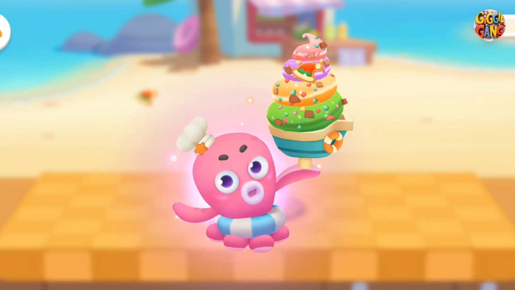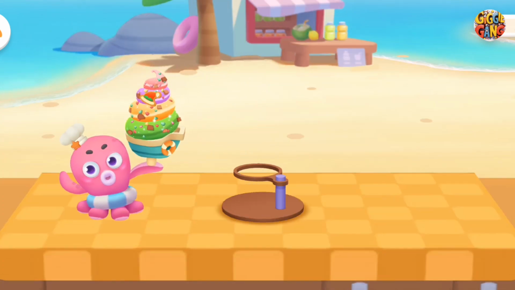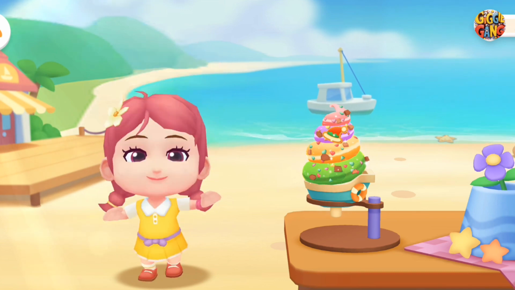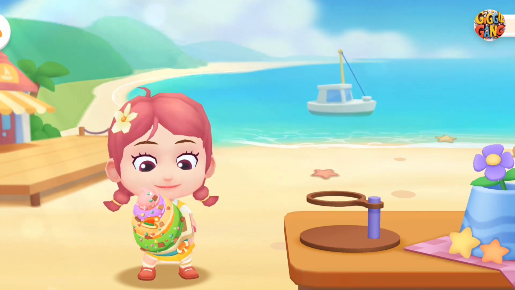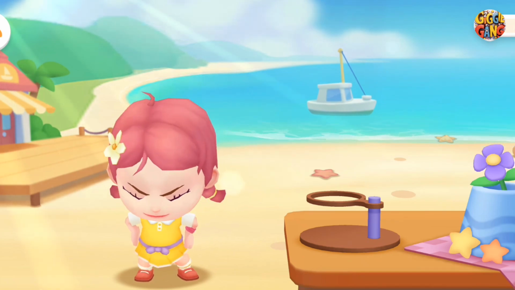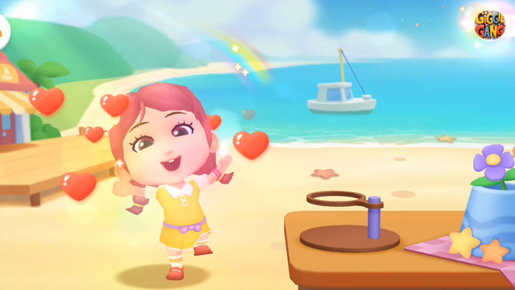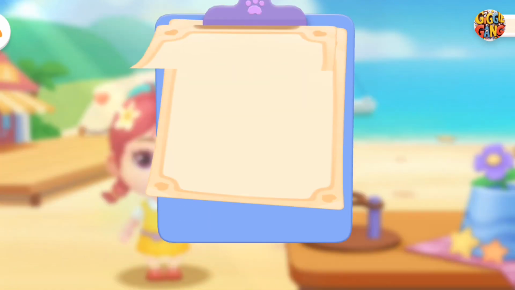Yeah! The ice cream is done! It looks good! Try it! What other flavor do you